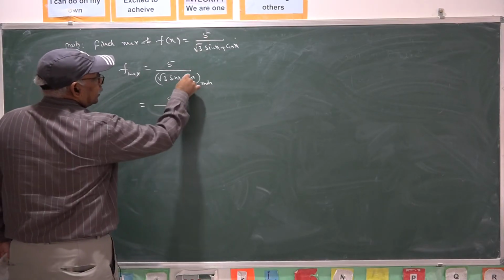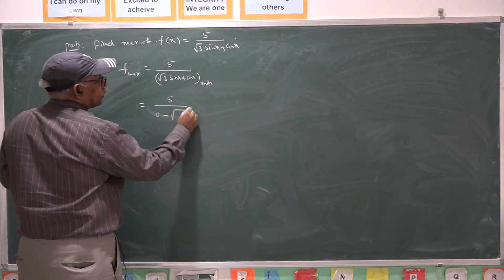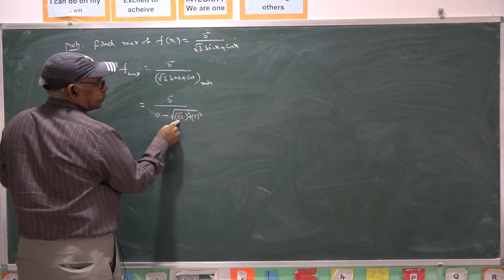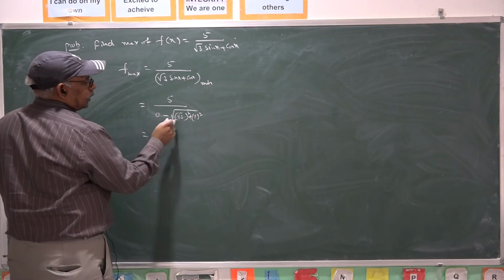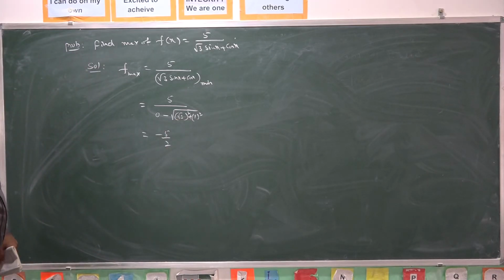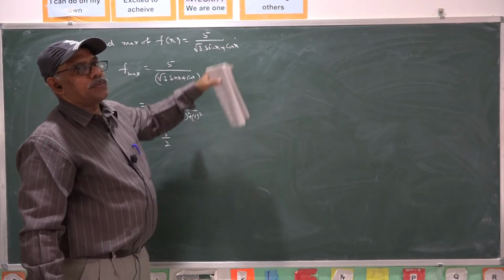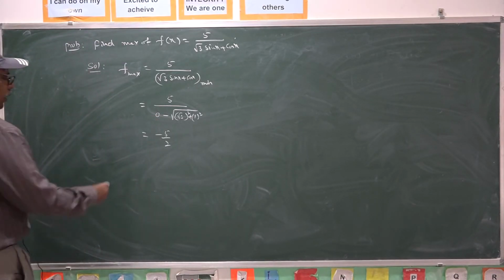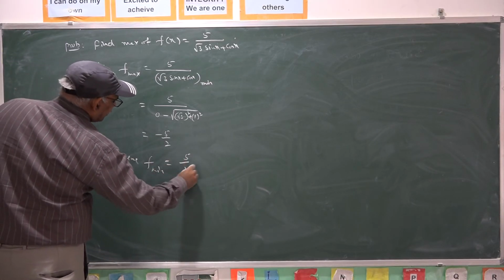So, 5 by the minimum, here c is 0. So, 0 minus square root of (root 3) whole square plus 1 square. This is a square plus b square, c is 0, no constant in this one. So that we get 3 plus 1, 4, root is 2, hence f maximum is minus 5 by 2. Similarly, you can find f minimum. F minimum is constant 5 by the maximum of this. In such case, we get plus, so here you can write the minimum of f also, 5 by 2.